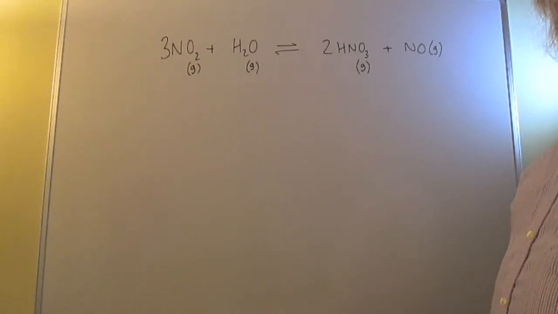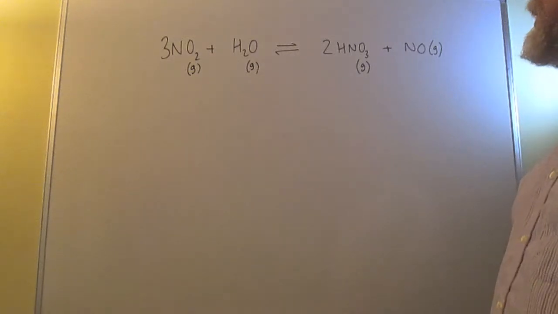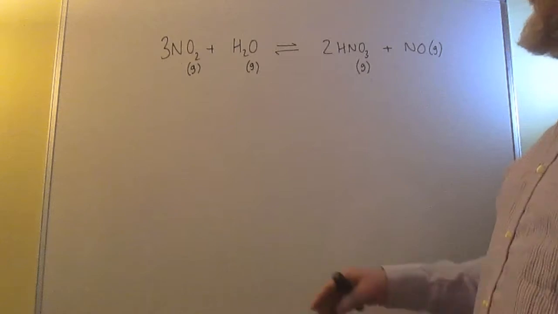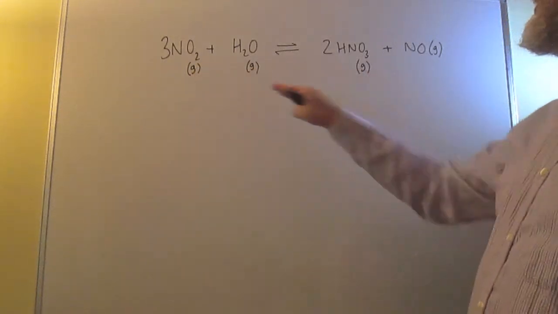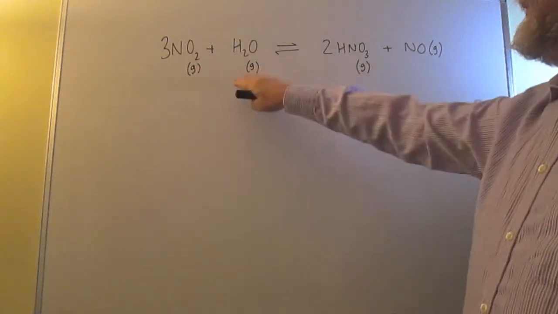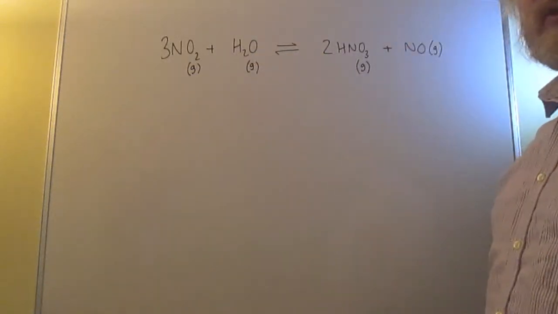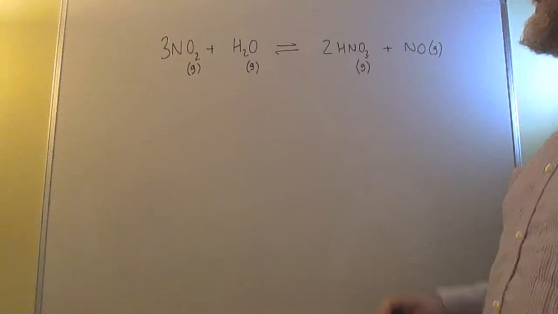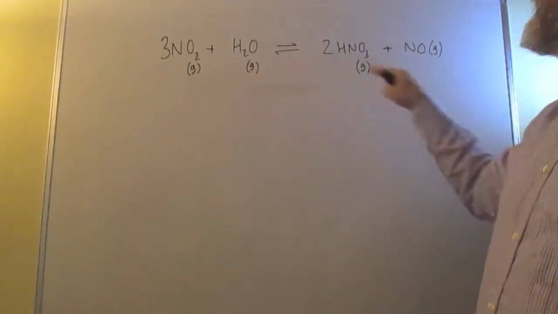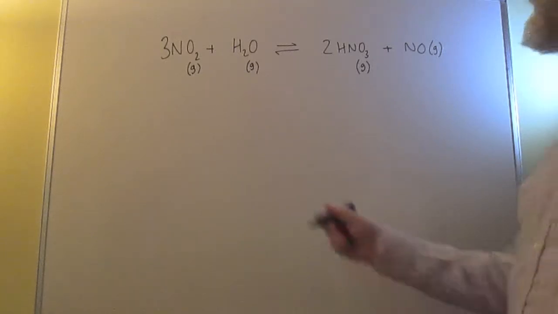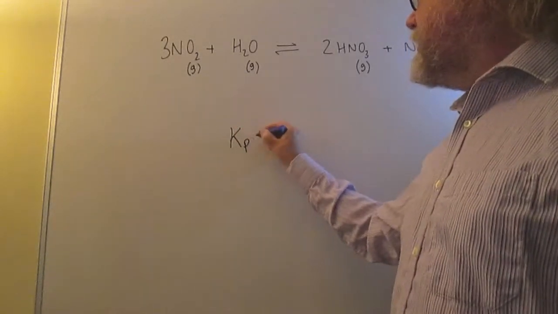for a heterogeneous equilibrium. Sometimes when you see water in an equation, you always have to be careful, because if the other reagents were in aqueous solution, so if the state symbol was AQ, then that's when the water gets left out, because it's a solvent and it's in huge concentration, so you treat it as constant. But that's not the case here. These are all mixtures in a gas, so everything goes into the Kp expression, so we just get Kp equals,